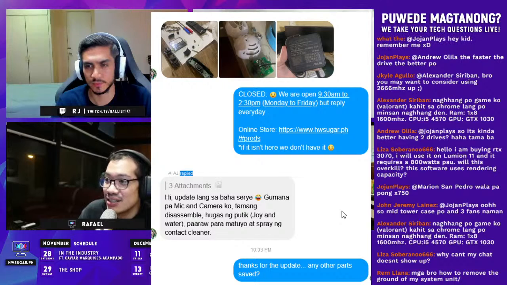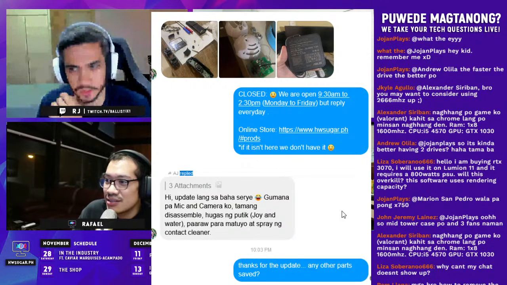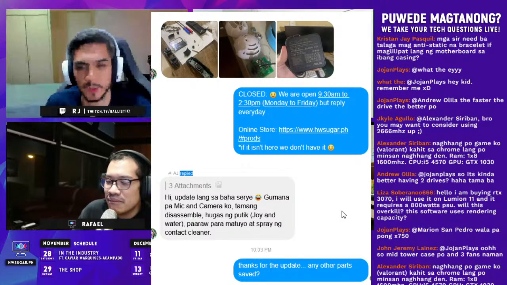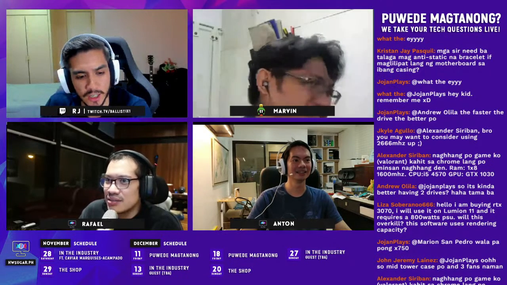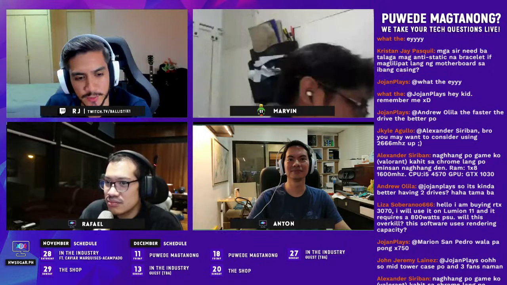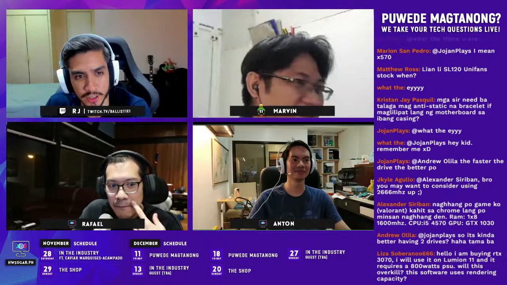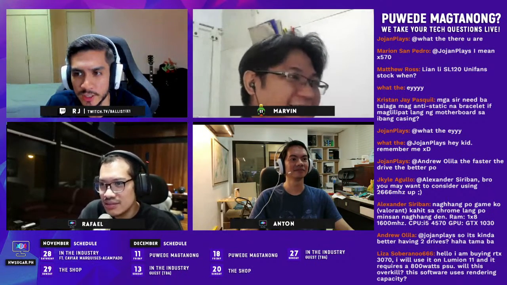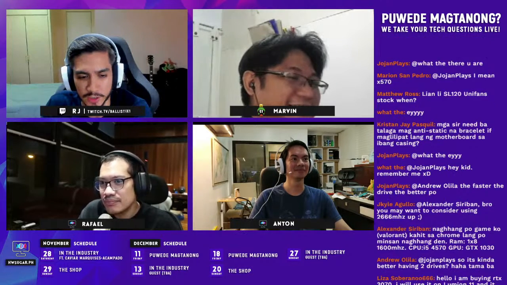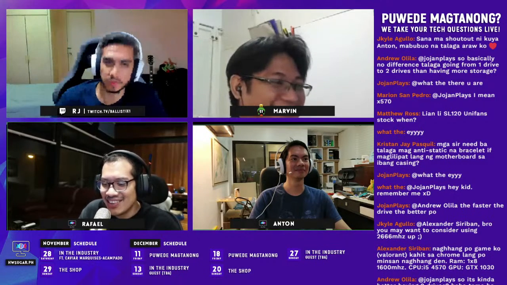Disassemble. So, some of that will still work. Not ideal, pero gagana naman. I think the killer is trying to use it when there's even a little bit of moisture inside it. So my advice there would be, even if you think you've already dried it enough, just wait if you can. Yeah, just leave it. I mean, it's already more or less unusable. You're just praying that somehow it works. Oh, you just leave it in rice, dude. The rice thing really works. Ah, that's a good idea.